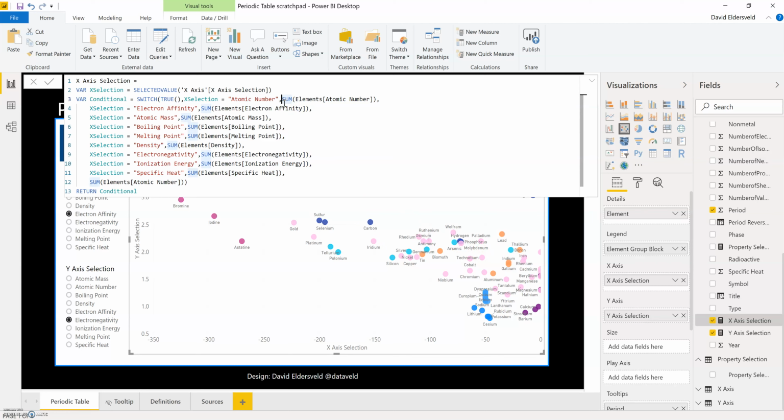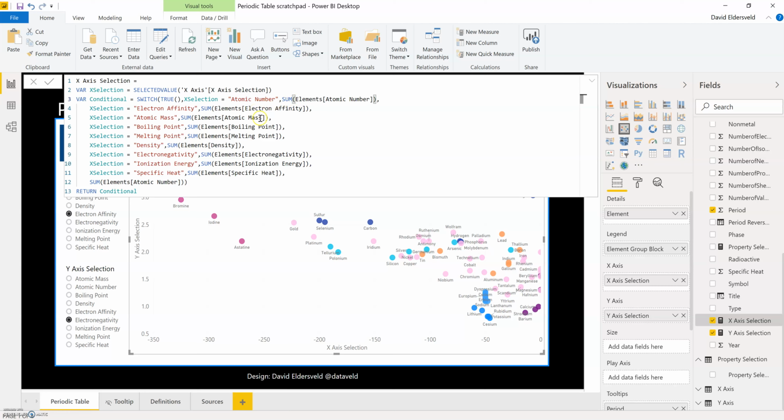I could use min, I could use max, sum, any kind of aggregate function will work because I'm getting down to the individual element. If I had to worry about grouping of the elements or some other type of way of aggregating the elements together on the scatter plot, then sum might get me into a little bit of trouble there. But because of the way that the visual is structured, I can get away with using sum